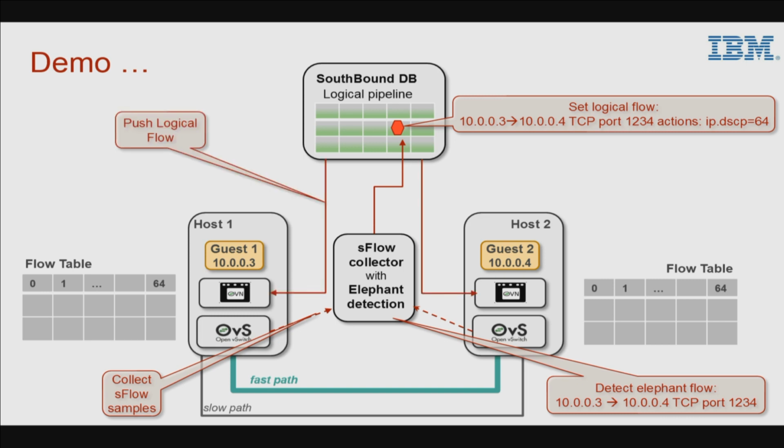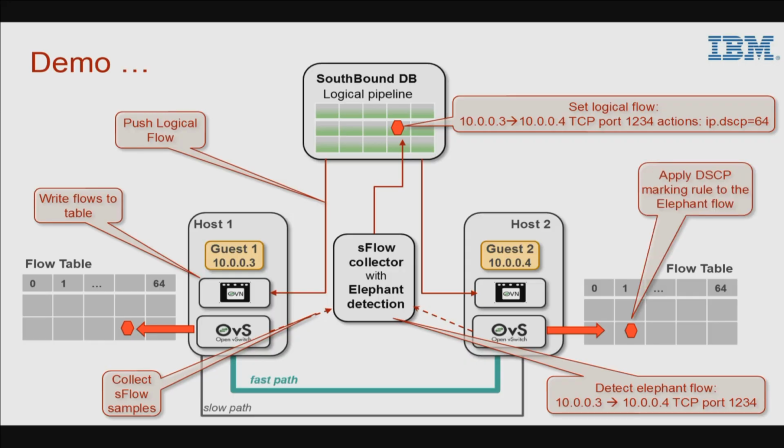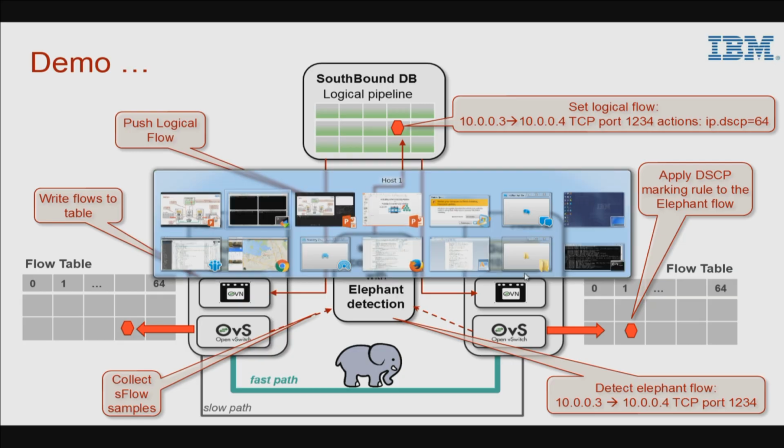So from there, the OVN controllers will push this logical flow into physical flows inside the flow tables on the vSwitches, and then new traffic that will arrive will be applied by this new flow, and elephant flows will be marked with this specific DSCP field. So now let's move to the